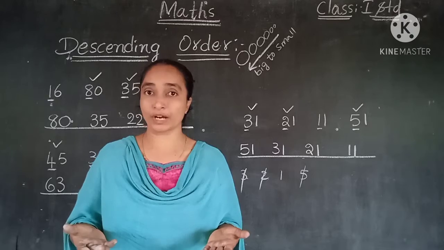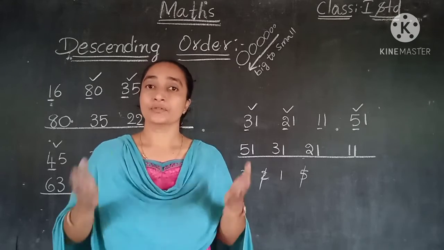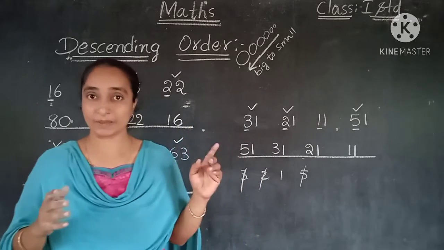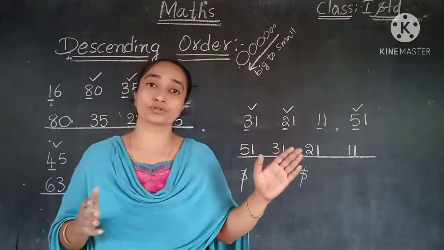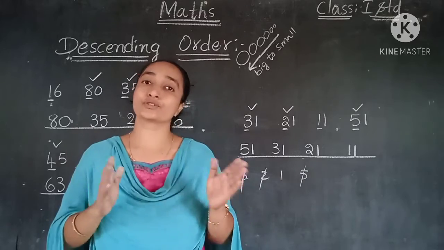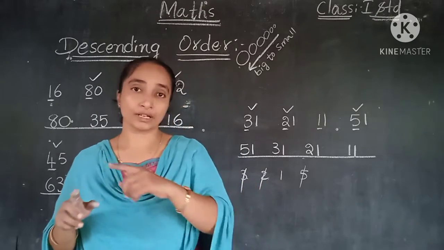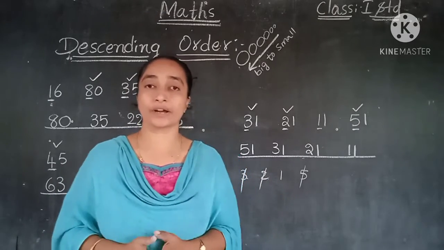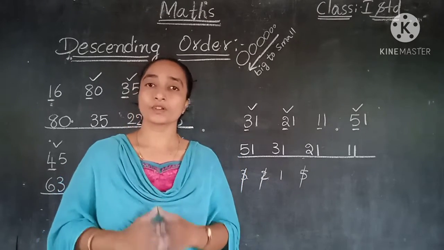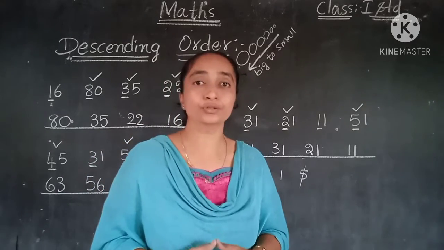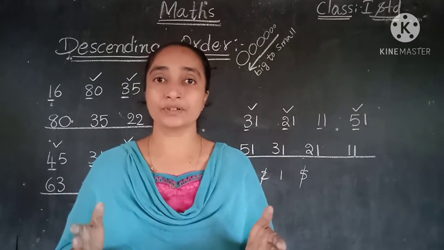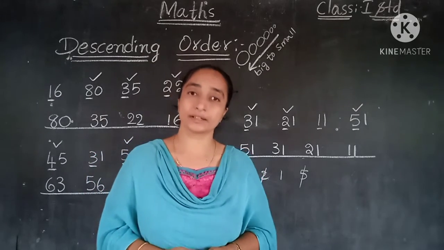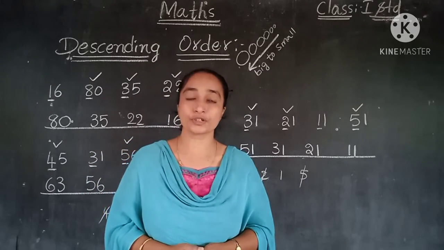Now the second step, what we have to do is check out the tens places first. If you check the ones place, again there is confusion. So don't go to the ones place. First of all, you have to check the tens places. If you write the tens place separately like this, then it is easy to find out these numbers. Okay, children, hope you understood all of you. The missing numbers, that is the fill in the blanks. We completed the greater than, less than and equal to, the ascending order and the descending order. So hope you understood, children, all of you.